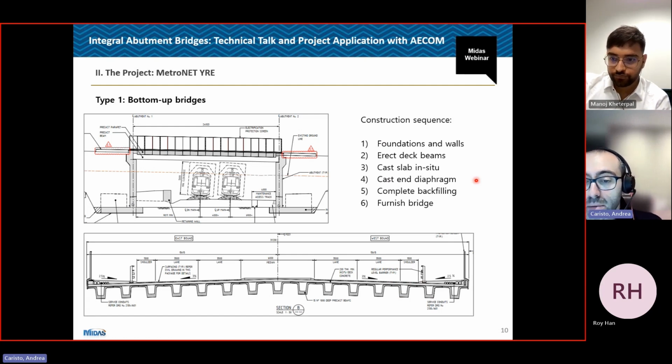They're standard beams. In this case, they were bespoke beams of the standard beam. And the name bottom-up bridge comes from the construction sequence that you will see on site. So effectively, for this type of bridge, the foundations are built, then the beams are erected onto the foundation as simply supported beams. Then the slab is cast, and the end diaphragm is cast, so the bridge